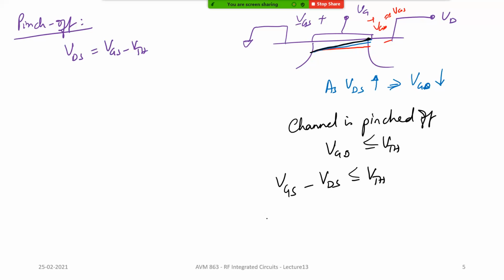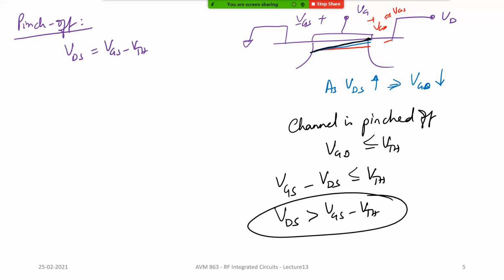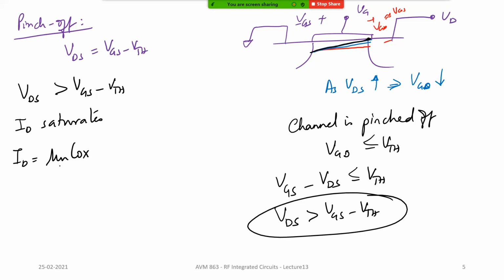So if you use this inequality, you get VDS greater than VGS minus VTH. So this is basically your pinch off condition. So for VDS greater than VGS minus VTH, the current saturates, and the current equation is given by mu n Cox divided by 2 W over L VGS minus VTH the